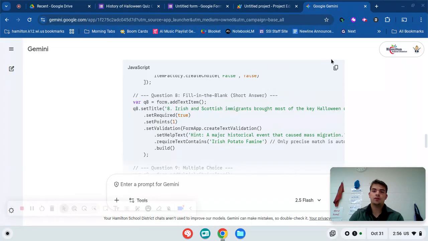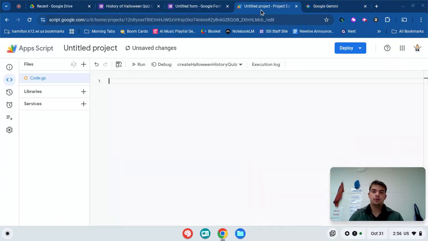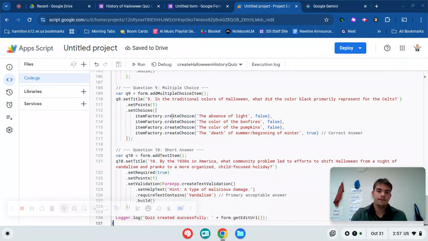But then what you're going to want to do is just copy the script, go back to Google Apps Script, and if there's anything in there, make sure to delete it or else it'll mess up your script. So then you'll just copy and paste that script right in there. And your next step would be pressing Save Project to Drive. I already did that. So I would press that, and then I would go over to Run,